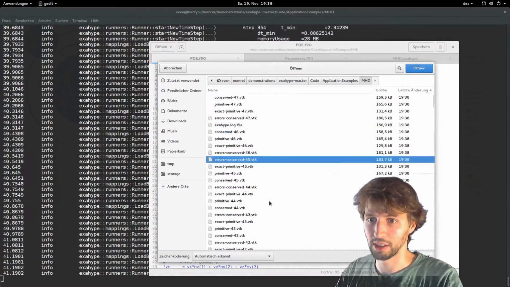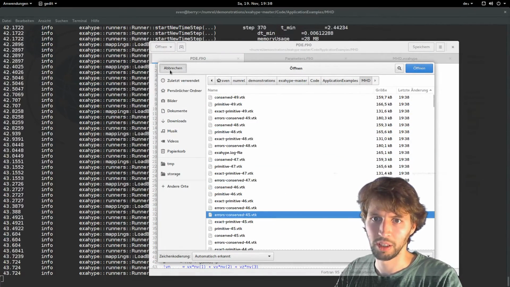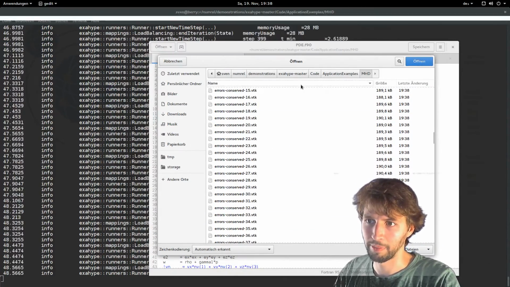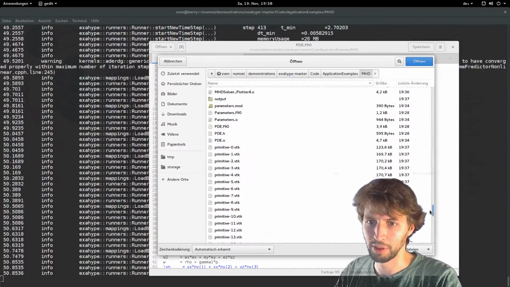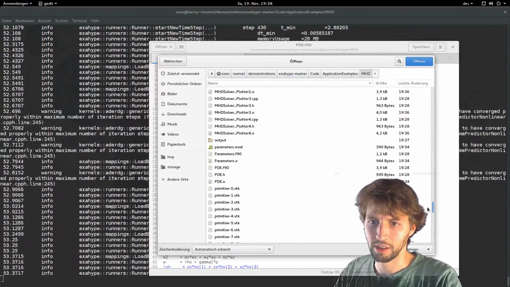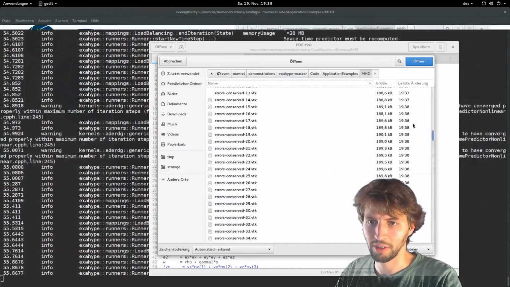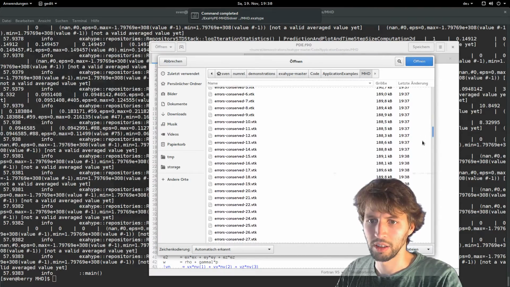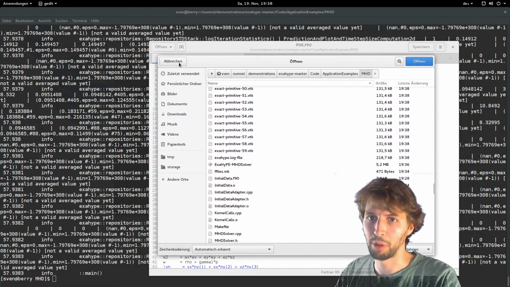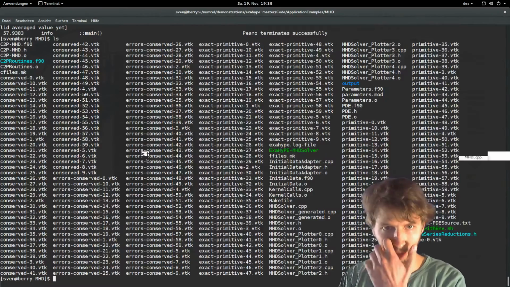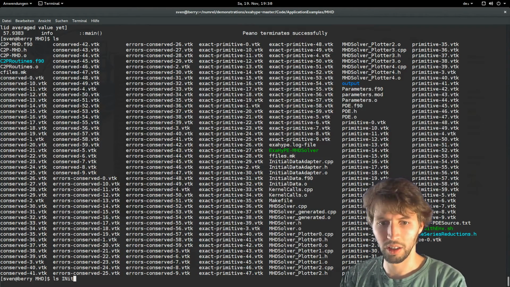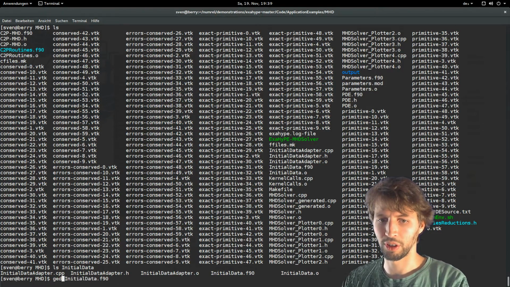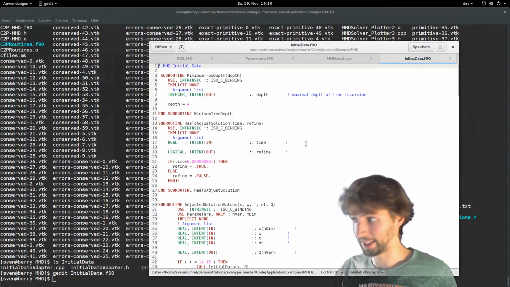As you see, it's creating tons of files, which is horrible. So it's very difficult to find something anymore here. Maybe it's possible if we do it like this. Initial data, I see, it's crazy stuff here. It's actually impossible to do anything more if you do everything in one directory. And if you open the Fortran file, then you see